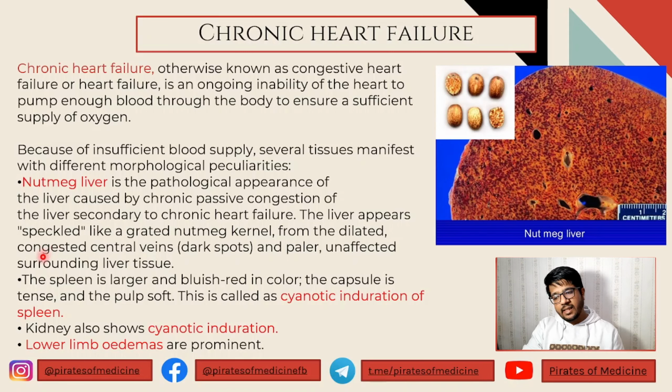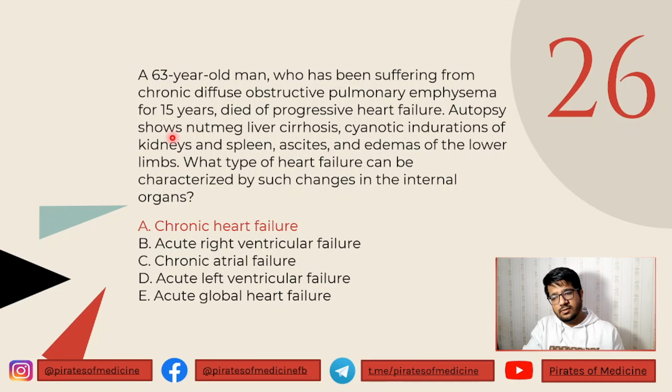Other than that, the spleen is large and bluish red in color. The capsule of the spleen is tense and pulp is soft, and this is called cyanotic induration of the spleen. Similar thing is seen in the kidney, and most importantly, the most classical finding in a patient with chronic heart failure is edema of the lower extremities. So if you press the lower limbs of these patients, you can see formation of pitting edemas. So this is classically seen in chronic heart failure. That is why the answer here is chronic heart failure, because you have nutmeg liver and all the other classical